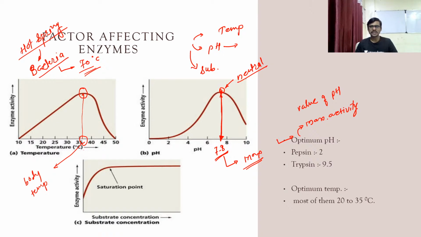I am talking about only the enzymes which are going to conduct their reaction at a neutral pH. But if you see the enzyme pepsin, part of our stomach, pepsin is present in our stomach, it will work with its maximum rate at 2 pH. Okay, so at what pH? At 2 pH it will work with its maximum rate, and because of that, we call 2 pH the optimum pH for pepsin. Okay, and 9.5 is for trypsin. Trypsin is a part of our duodenum, or we can say small intestine, where